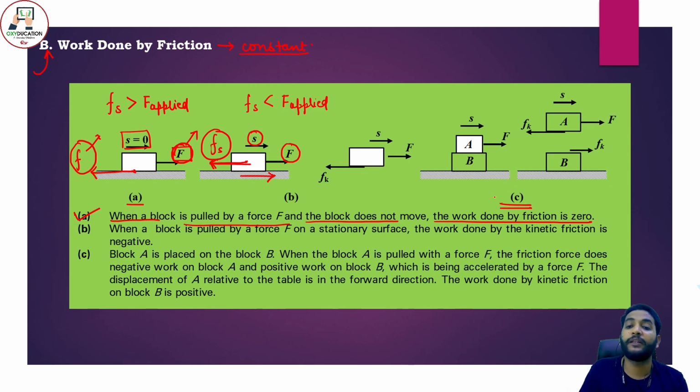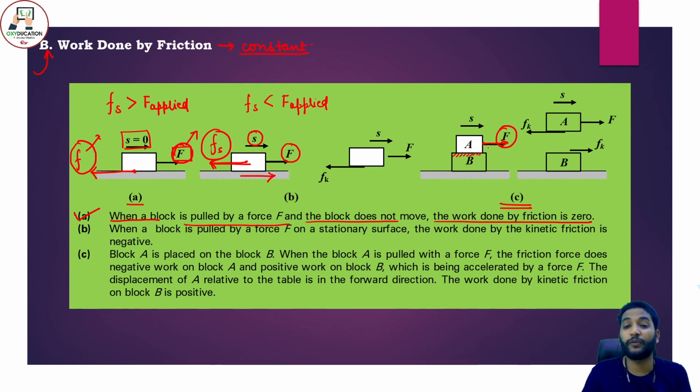Now let's take the third example. In third example, this is a very good example. In third example, when there is a block over a block, B block के ऊपर कौन है, block A है, and you are actually applying the force on block A. Okay, there is a friction present in between the surface of the blocks. Okay, ऐसे कंडीशन में होगा क्या, जब आप इस बॉडी को आगे की तरफ अप्लाई करेंगे फोर्स F,